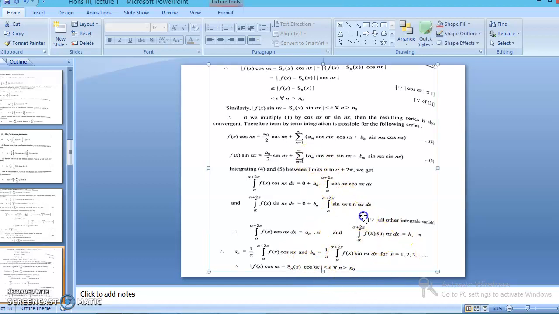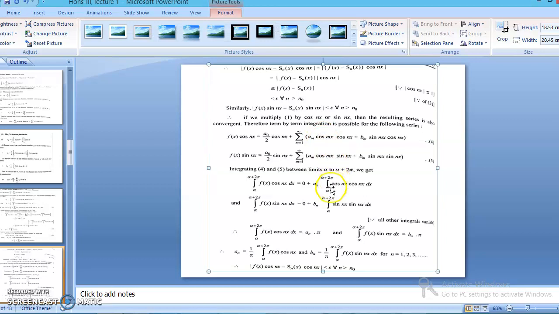For this, we take the example of the first equation; you can then solve the second one similarly. When we integrate this term fx cos nx from alpha to alpha plus 2 pi, then the integral alpha to alpha plus 2 pi cos nx dx is equal to 0. So this term becomes 0. Again, in this case, this term becomes 0 and we remain with this one, this term an integral alpha to alpha plus 2 pi cos nx